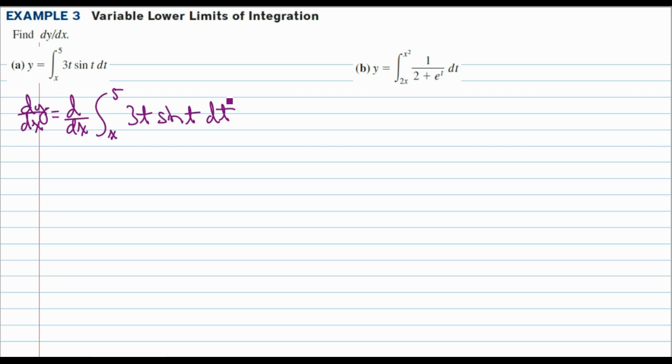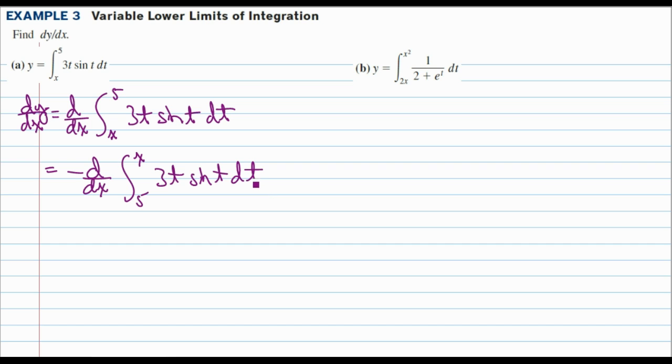Now the fundamental theorem only works when the variable is the upper limit of integration and the constant is a lower limit of integration. So we need to reverse those, and if you remember with your antiderivative properties, we can reverse the order of integration as long as we make that the opposite then. So this can be restated as the opposite of the derivative of the antiderivative from 5 to x of 3t